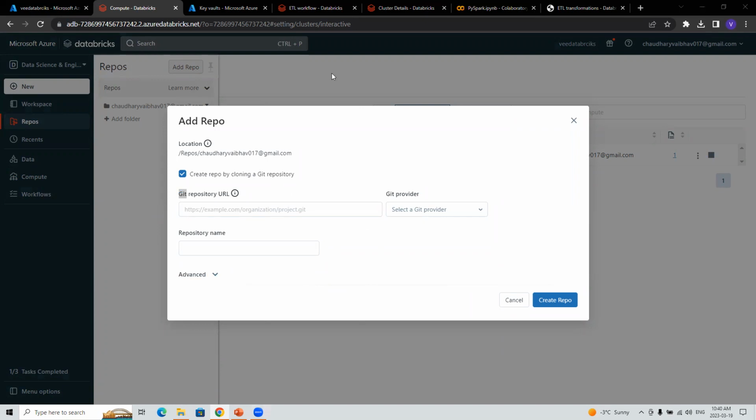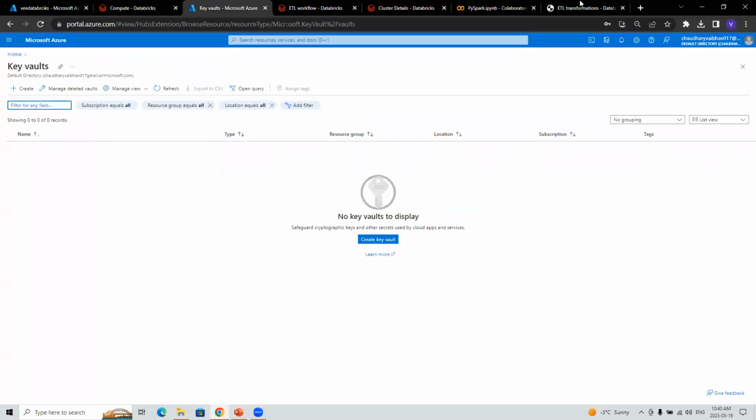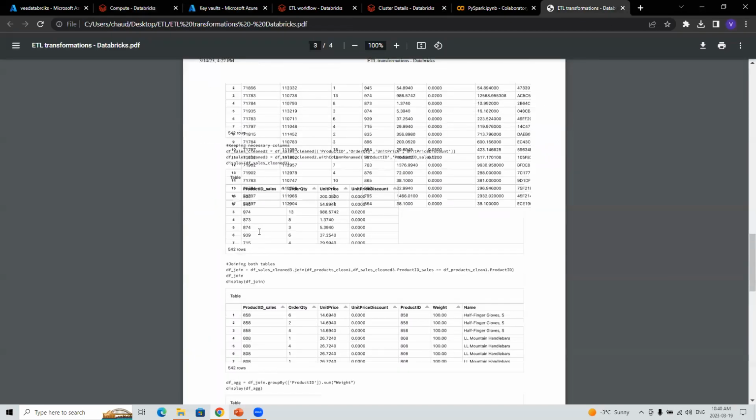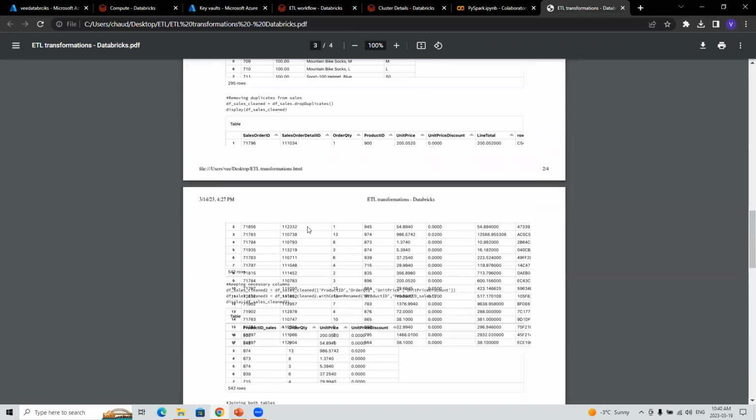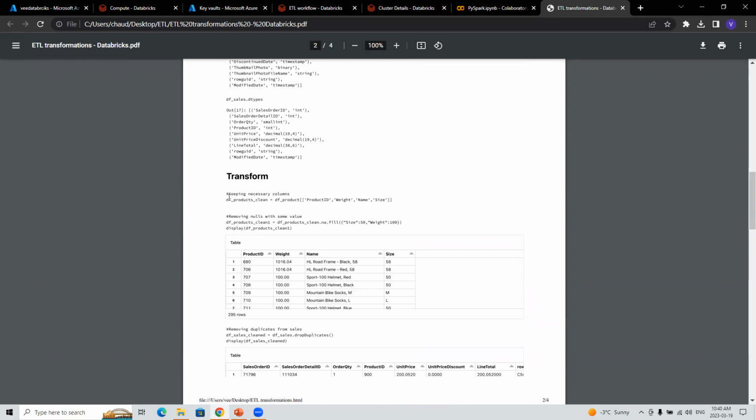And one more thing, in your coding, you've done only till the bronze layer, right? You're not gone to silver and gold, right? So the thing is, that is a very good question. After the cleaning part is done, you can load this data before joining. Before joining your table, load your data inside the silver. So transformations are done.